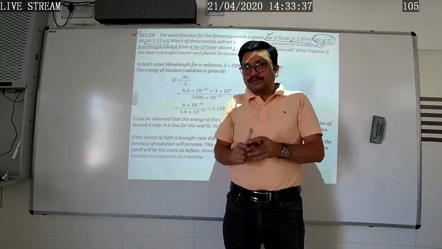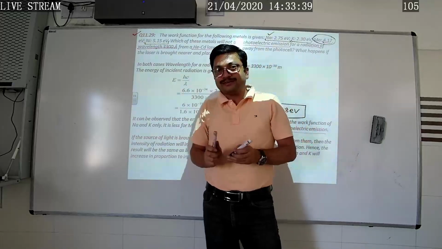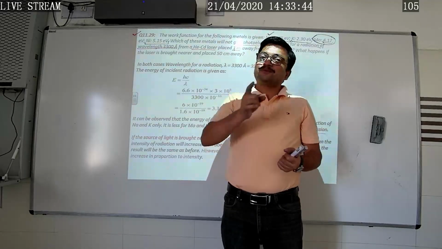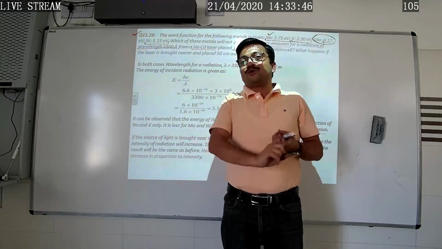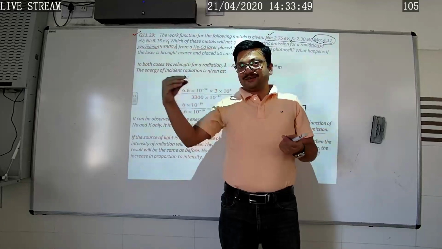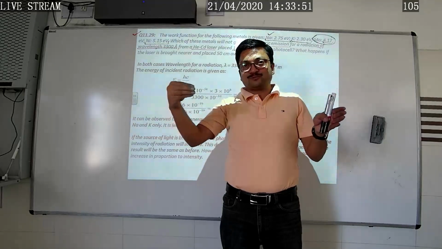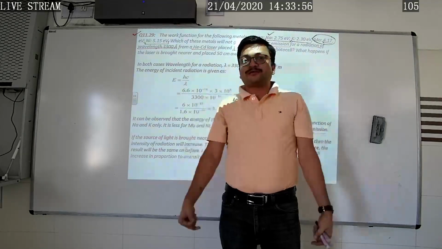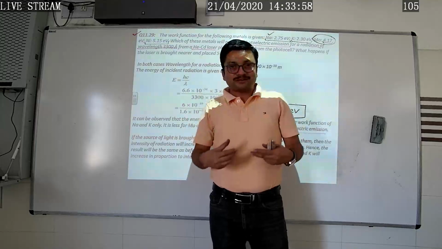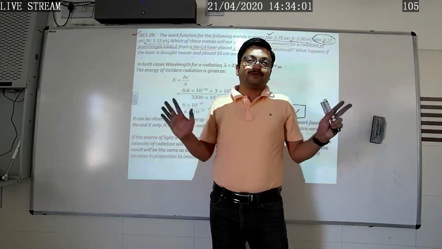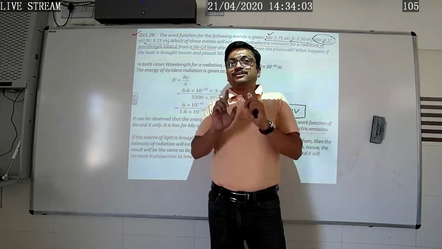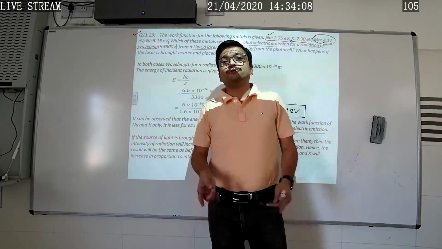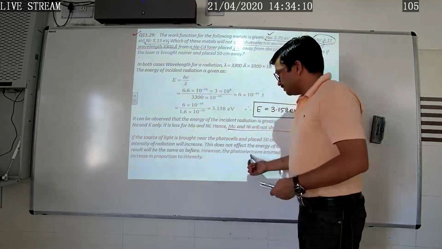So what we conclude, according to the laws of photoelectric emission, is that the intensity of the incident radiation is proportional to the number of photons. So if the laser source is brought nearer, the number of photoelectrons emitted from these metals will increase, but there would be no effect on the energy. So the two metals which are not showing the photoelectric effect will continue to show no photoelectric emission.